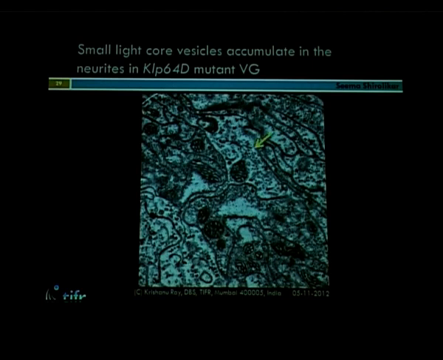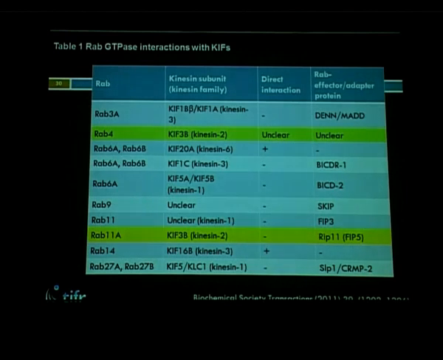So in order to find the reason behind these vesicle accumulations, we went back to the literature. We found that kinesins are known to associate with many different RABs, and these RABs are a kind of molecular switch which allows the motor to hook onto a vesicle or get dissociated from the vesicle. And this switch works by hydrolyzing GTP. So if RAB is in the on state, it will allow the motor to bind the vesicle, as compared to if it is in an off state, which will disengage the motor from the vesicle.